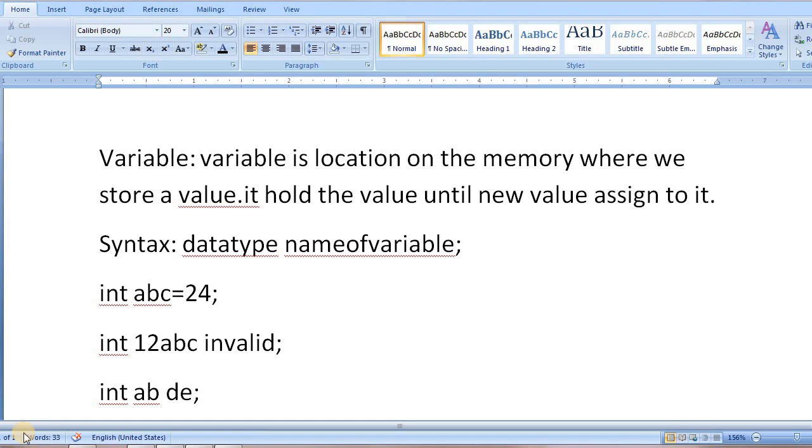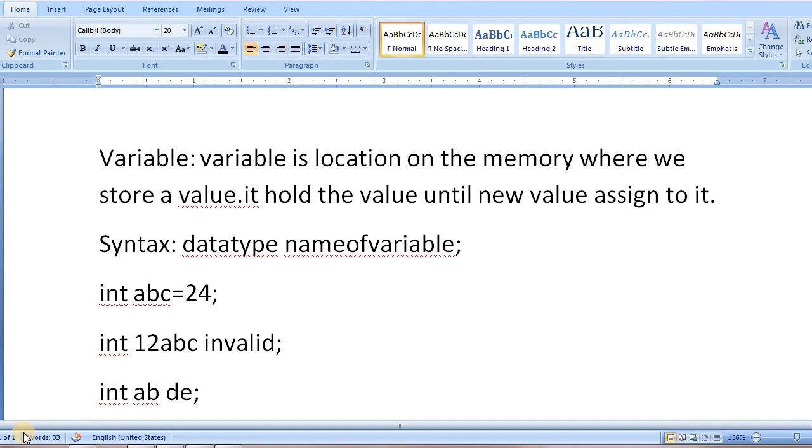Hello students, good morning. So in our last class we discussed character sets and identifiers. Identifiers means assigning a name to the variable, to the class, to the object, to the method, to the function. While we assign any name, we follow some rules. Those are the identifier rules. Our first rule is we cannot start our variable name with a digit. Means we always start a variable name with alphabets.